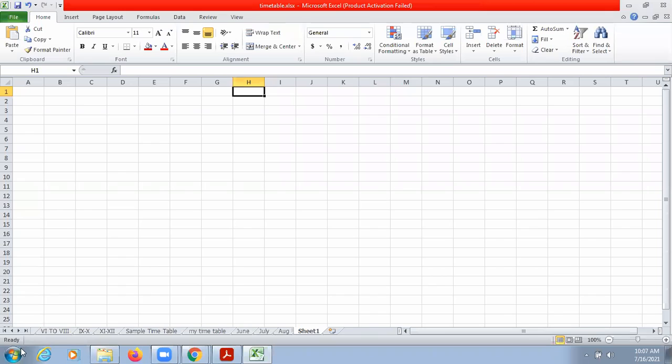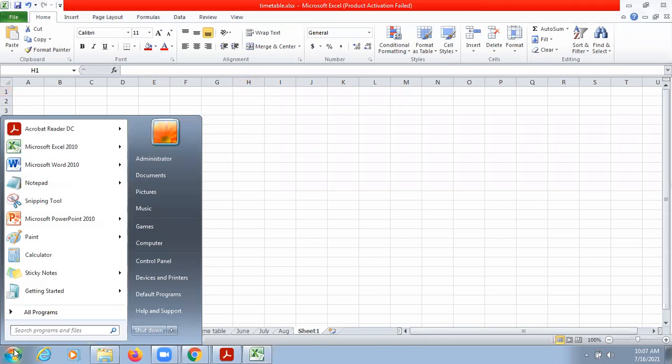Till the time I'm sharing the application, we can also check how we can open Microsoft Excel on a computer.